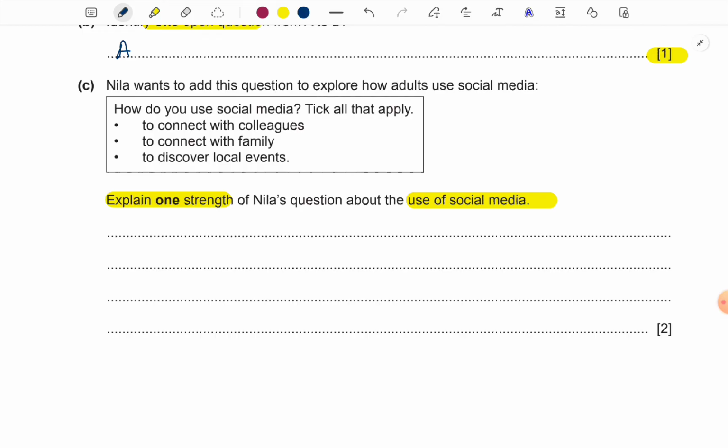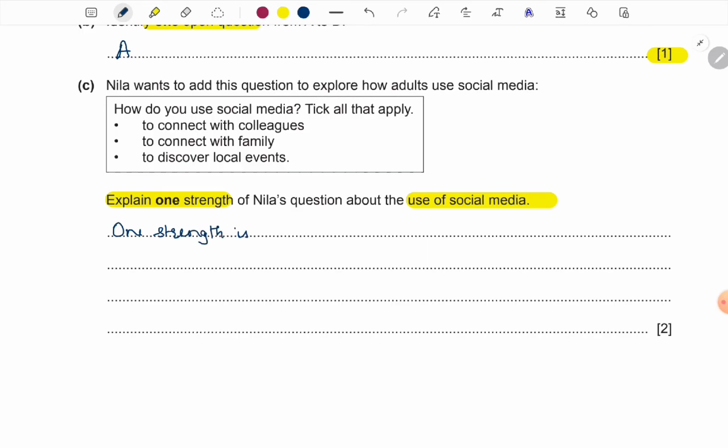It is a closed question because limited responses are there. There are only three responses from which the respondent can select. Now, what is a strength of closed questions? A strength is that they are objective. The responses are interpreted objectively, and then of course we will link this strength to the scenario. So we can say one strength